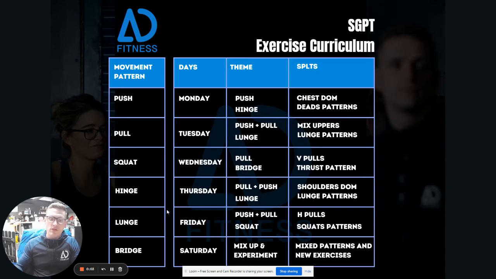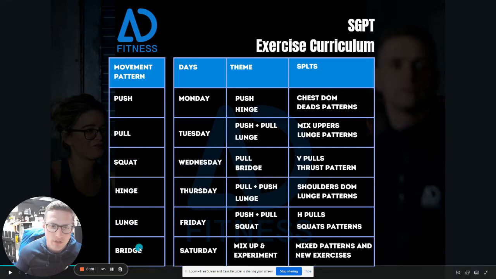Okay, so this is our SGPT exercise curriculum. This is what movement patterns are in the sessions that you will be doing in SGPT. If you look down the left hand side here, these are all the movement patterns: push, pull, squat, hinge, lunge, and bridge. These are the main movements that should make up